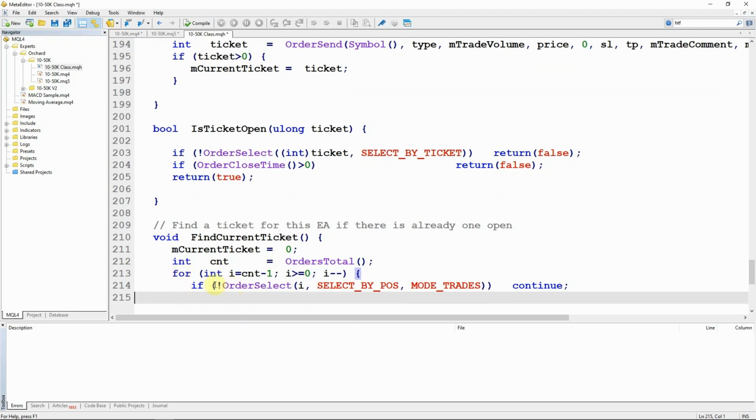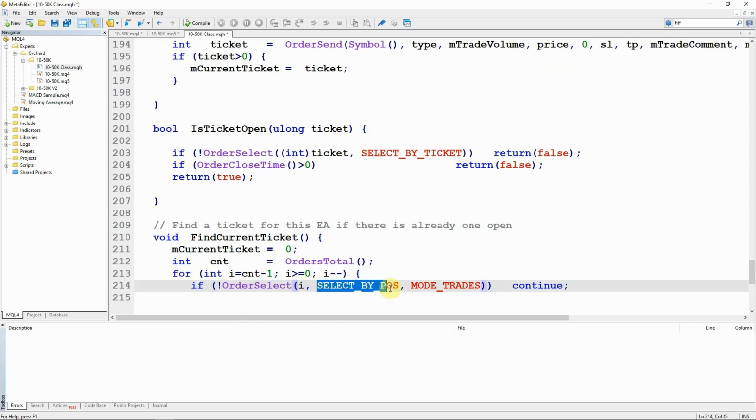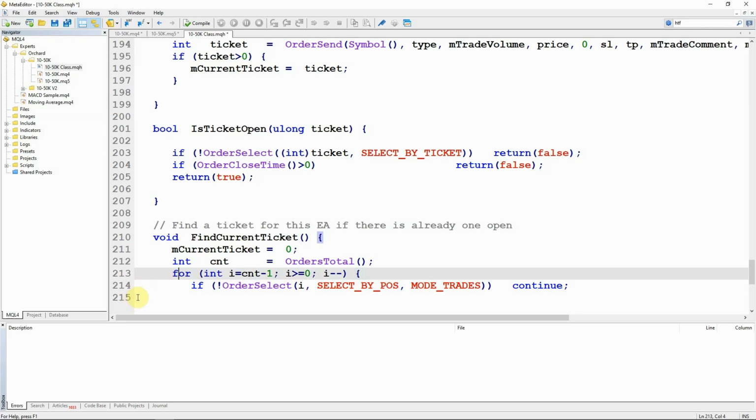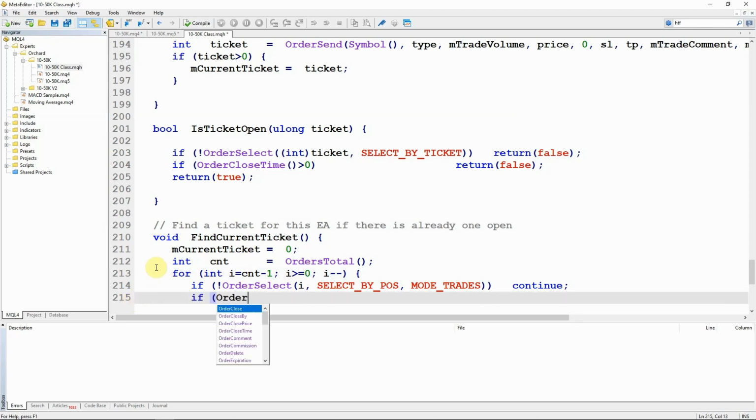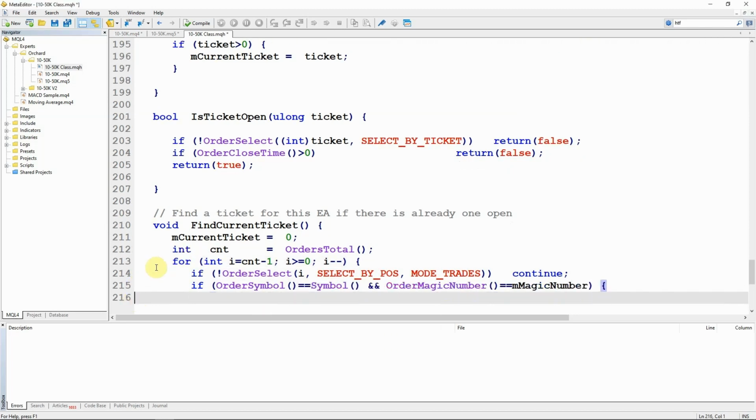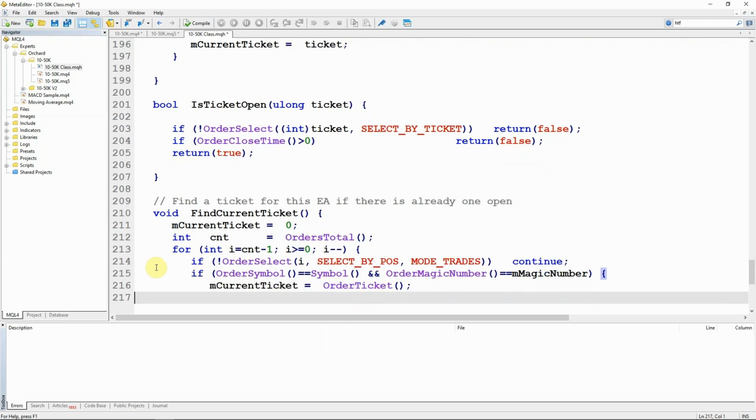If I can't select that order, so if not order select with the position, and this time select by pos, and this is why I have to specify mode trades so that I'm not looping through history, then I'll just continue, which will go back to the beginning of the loop again. And then if the symbol on the currently selected order is the same as the chart symbol, and the magic number is the same as my magic number, then that must be a ticket that this EA has placed.